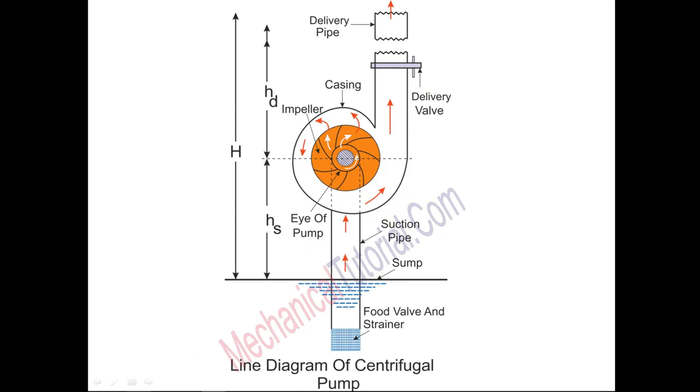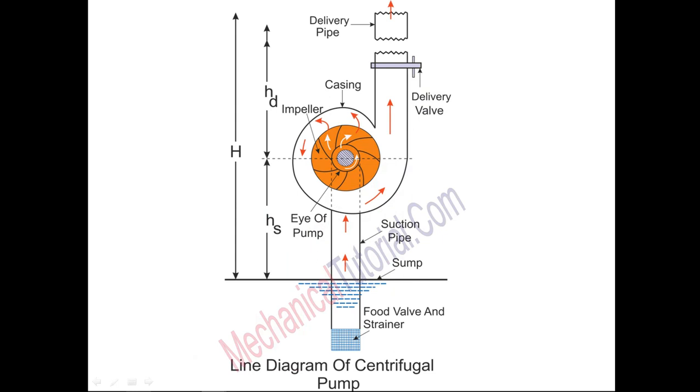Energy is given to the impeller by an external source, for example a prime mover, for which we will use an electric motor. By the electric motor the power is transferred to the impeller and the energy from the impeller is transferred to the working fluid, which increases the kinetic energy and pressure energy of the fluid. The rotation of the impeller causes strong suction at the eye of the pump.